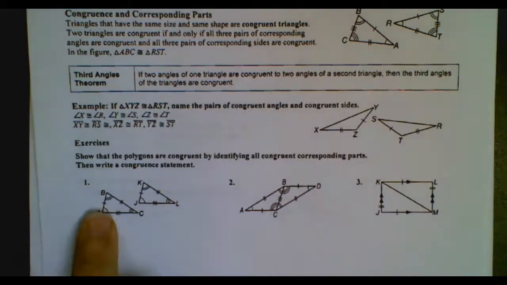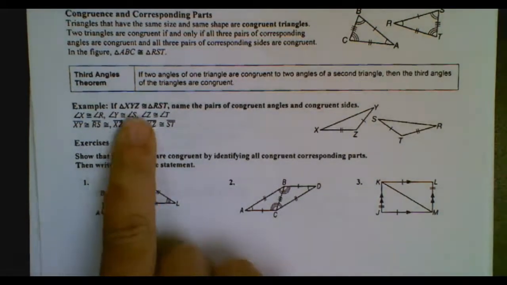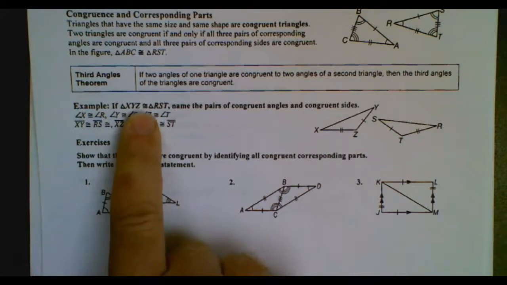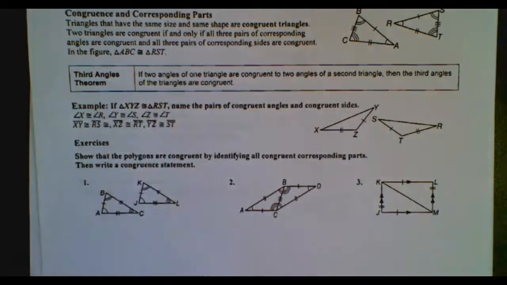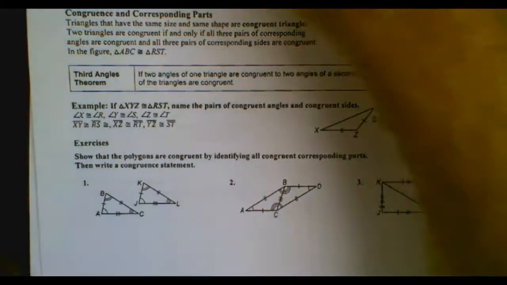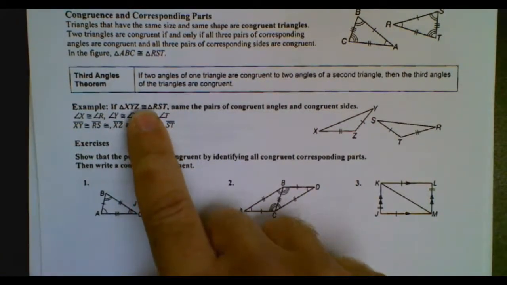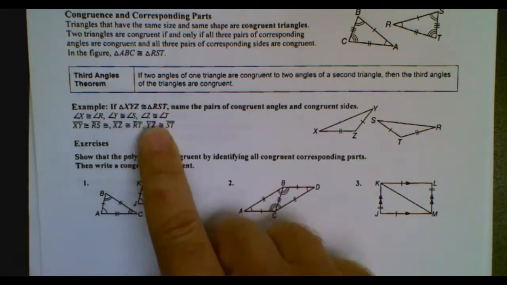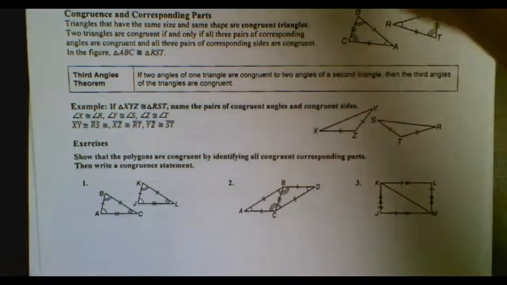Obviously, and they're marked, right? So by the markings I could tell. But in other triangles, it can be easiest to just look at the congruence statement to figure out what parts go together. Okay, and so we're naming 3 angles and 3 sides that are congruent to each other. So let's look down at these. So if I have a congruent statement, like I said, just go off the statement to figure out what 6 parts go together. But if I don't have a congruent statement, like if I look at exercise number 1,